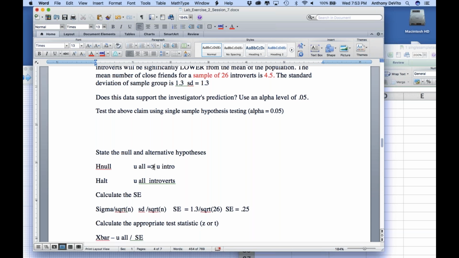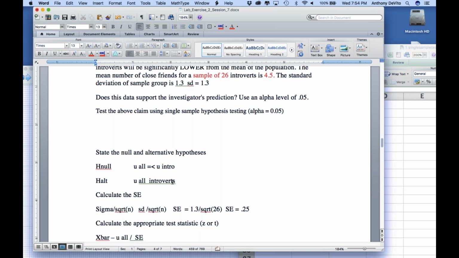Okay, mu all is equal to or greater than mu for introverts. And my alternative hypothesis is that, I'm sorry, I should have done this the other way around. I'm sorry to confuse you on this. Okay, my null hypothesis is that